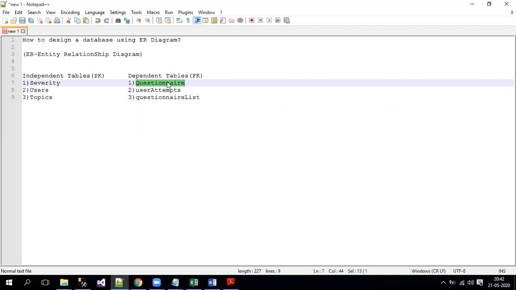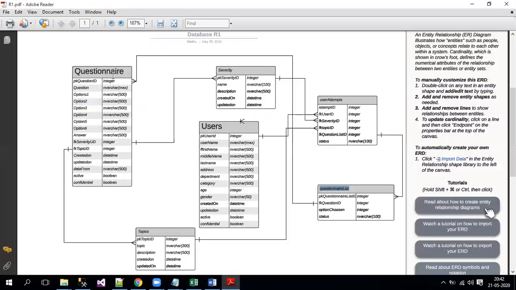Now this questionnaire table, right? Let's see how many foreign keys we have in this table. When you see, this table has two foreign keys. One is FK severity ID, and then we have FK topic ID, which means this questionnaire table is depending on severity.